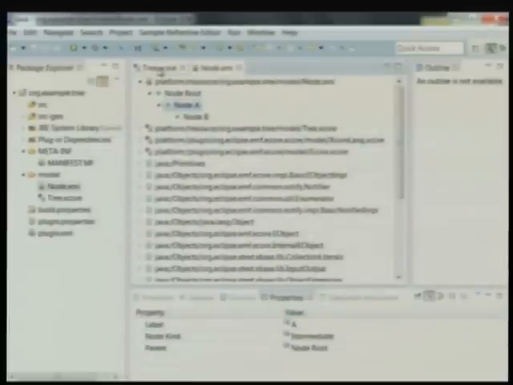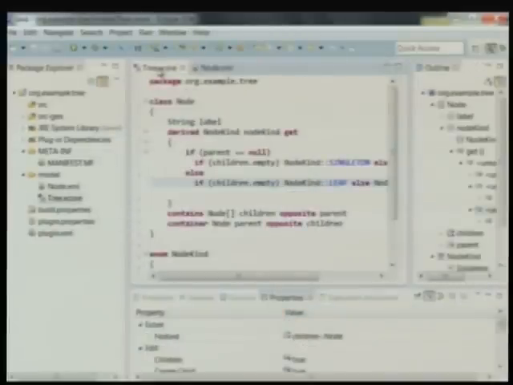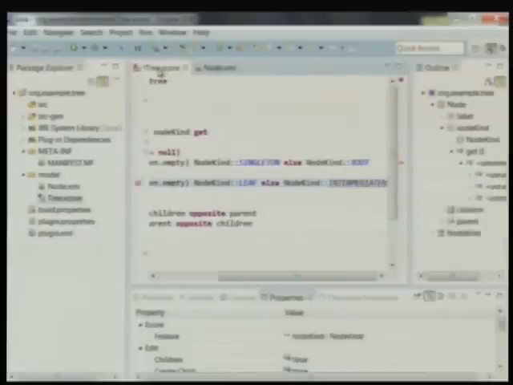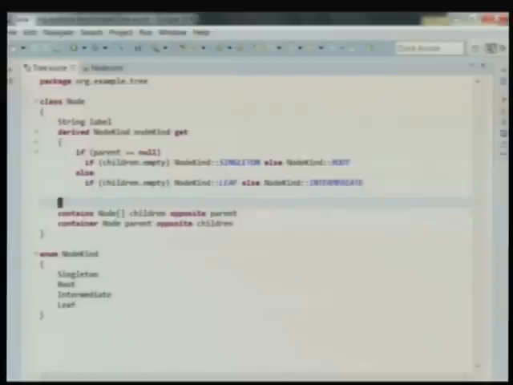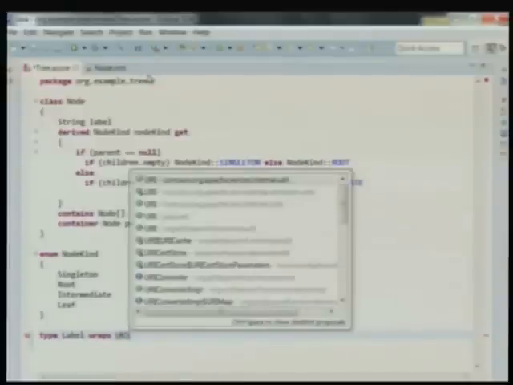I don't have a lot of time in my schedule, so I'm going to skip some of the things I usually show. It's very easy to define a data type as well. We would do that by defining a type. We might call it label, that wraps some existing Java types. We might want to reuse EMF's